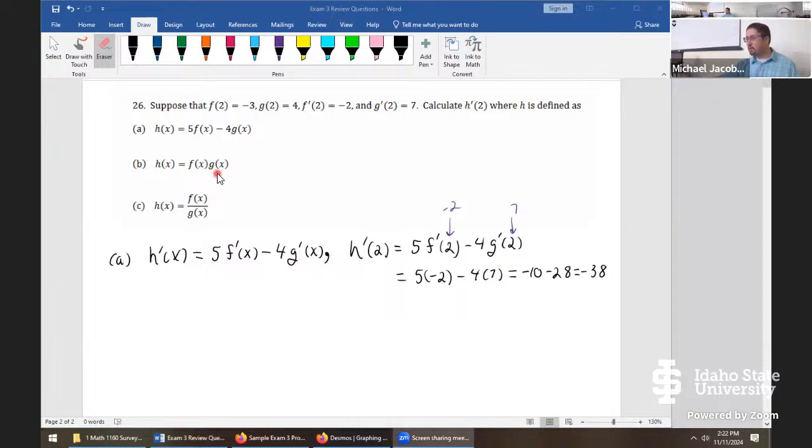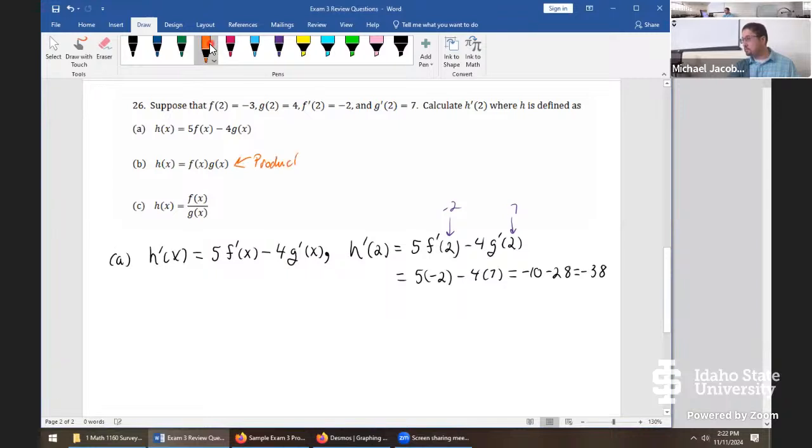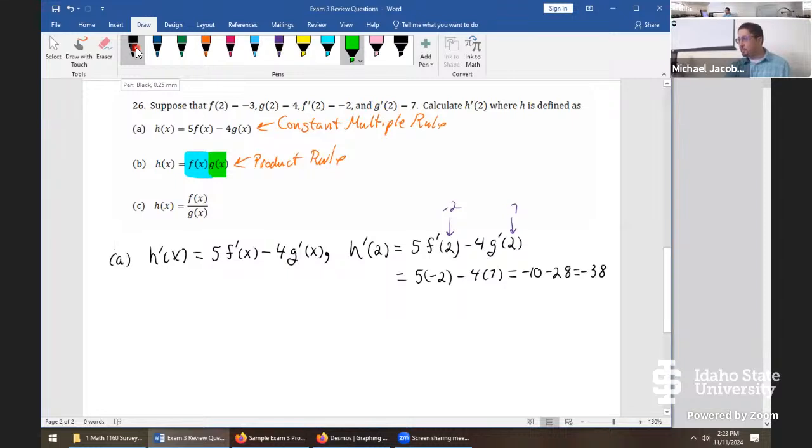Okay, on the second part, part B is the more interesting one, in my opinion, because now we're getting into product rule with this one. We might as well say on part A, what we used was constant multiple rule. So now for product rule, we'll organize the functions as we usually do. A first function and a second function, blue and green, or whichever colors you prefer. We just make that window go away. So now for part B,